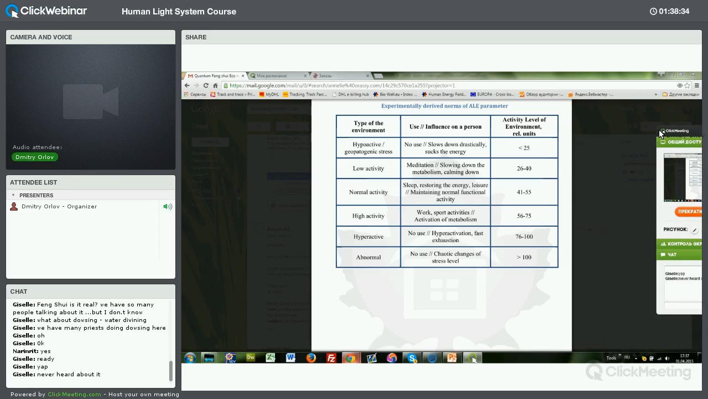And also there are places like abnormal places. Also, there is no use from my point of view of such places, first of all because it leads to chaotic changes of stress level. And it is very hard for a person to adjust to these chaotic changes. So probably you have heard about those magnetic storms that are coming from the sunbursts, and for some people, especially older people, it's a big problem